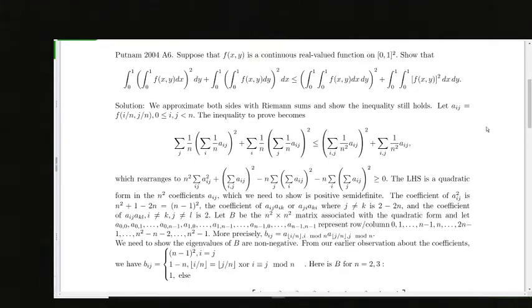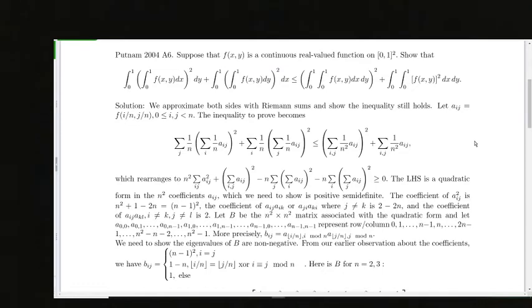But we want convenient points for the Riemann sum, so we might as well divide up the square [0,1] squared into n squared points. And we substitute those points in. This is the inequality that we get. We can start rearranging this by multiplying by n to the power of 4, and then move everything over on one side. After we do that, we see that all the terms are of the form